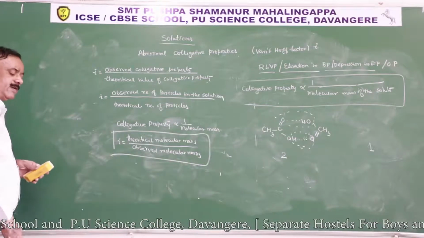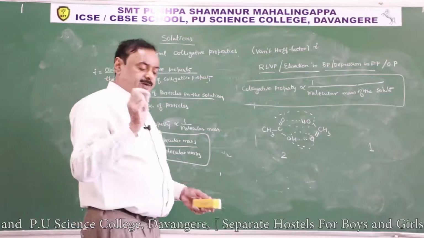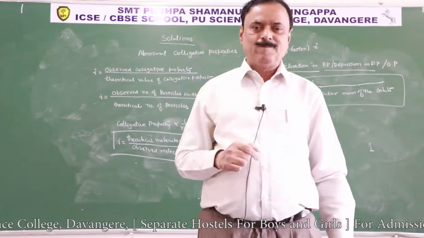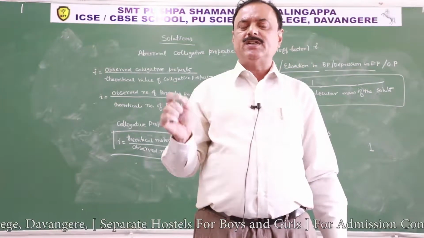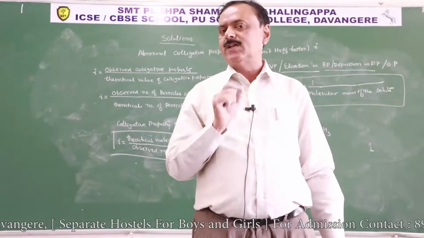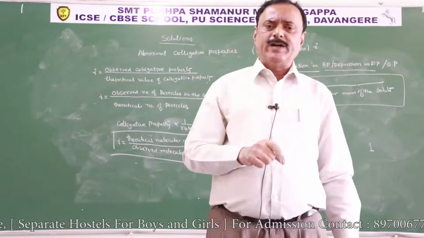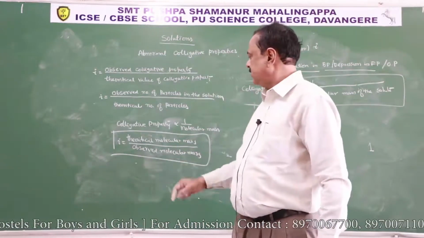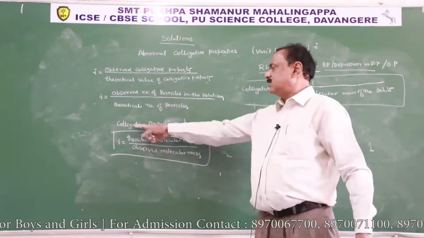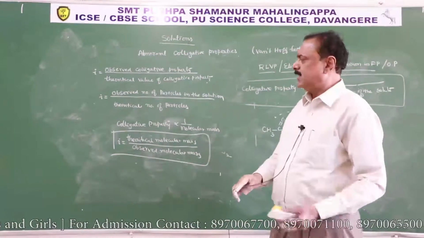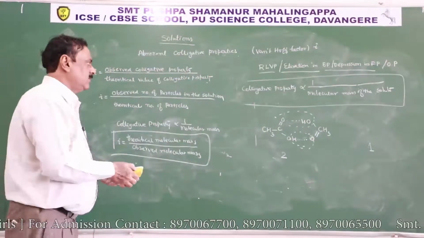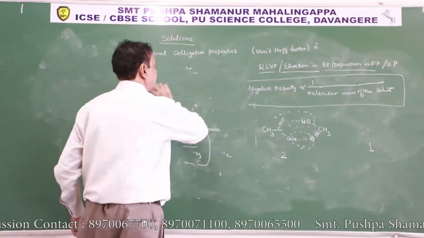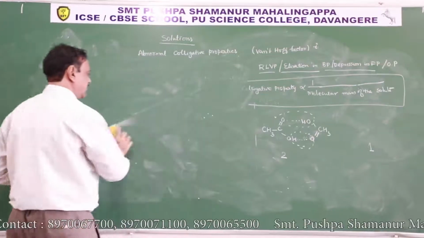We have three definitions for the van't Hoff factor. The van't Hoff factor is the ratio of the observed colligative property to the theoretical colligative property. It is the ratio of the observed number of particles in the solution to the theoretical number of particles. Or it is the ratio of the theoretical molecular mass to the observed molecular mass, since colligative property is inversely proportional to the molecular mass. Is it clear? Okay. Now, in case of association and dissociation of the molecules,